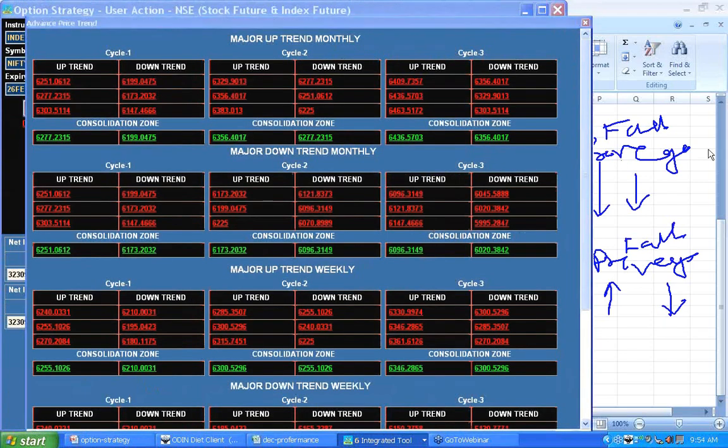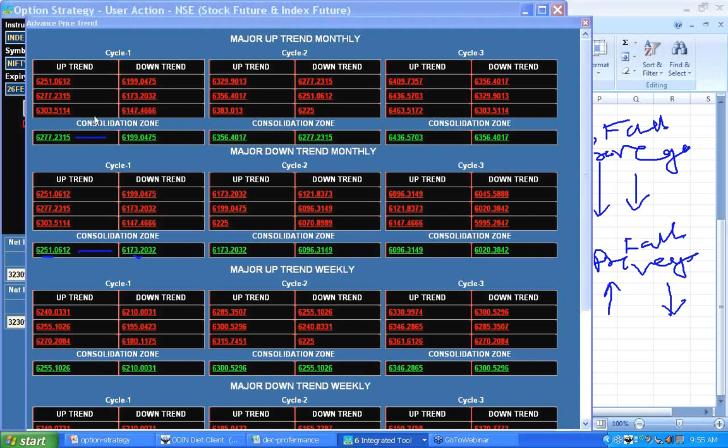So I am in a downtrend cycle 1, and I have broken this 6251. I need to break this 6173 to confirm that cycle 1 has penetrated on the downward side, or else I will consider this a consolidation band, 6251 to 6173. Similarly, 6277 to 6199 also is a consolidation band for the uptrend cycle 1. So considering this view,